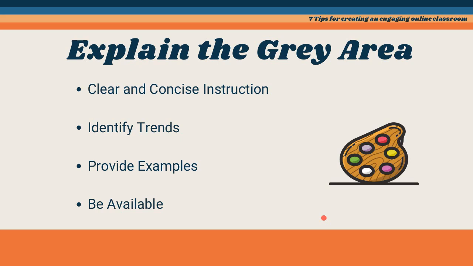One good thing to do is identify trends. As you teach your material from one class to the next, you'll start to notice some things. There might be some assignments where the students are always getting tripped up, or an area they're always having a problem with. Instead of saying it's the student's fault, they're not paying attention or not reading correctly, reflect on the instructions. Is there anything in the instructions that is leading them down a different path? Once you identify those trends and take note of what's causing the confusion in the students,